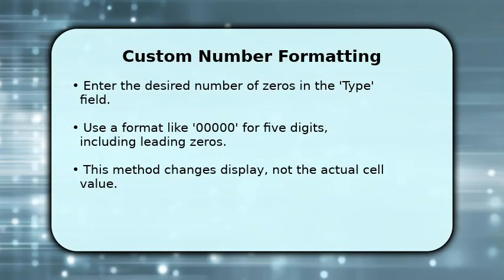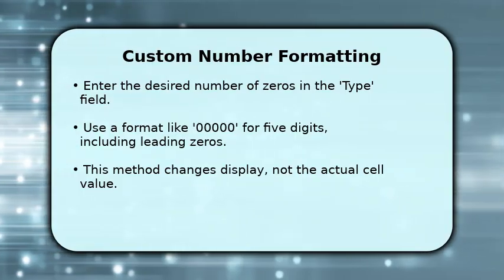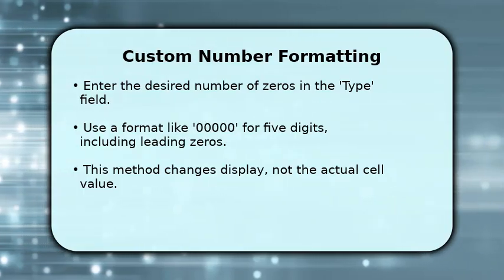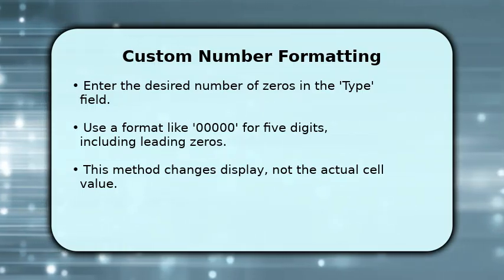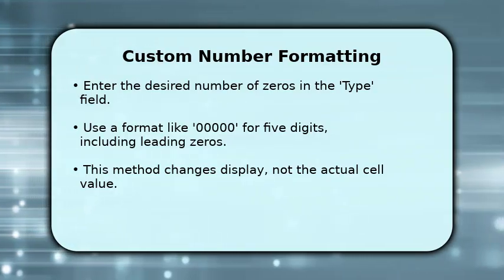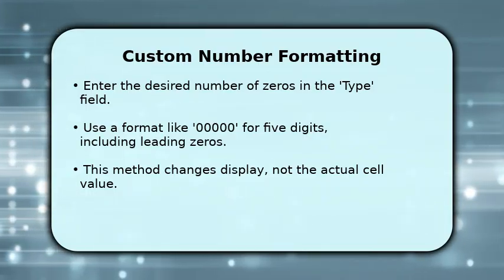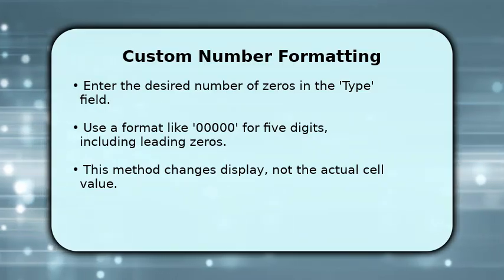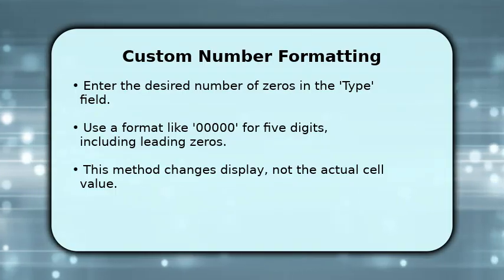Once in the Custom category, you'll see a Type field. Here, you'll enter the desired number of zeros. For example, if you need a 5-digit number with leading zeros, type 00000. This tells Excel to always display 5 digits, padding with zeros if necessary. Remember, this only changes how the number looks, not its underlying value, which is perfect for things like product codes